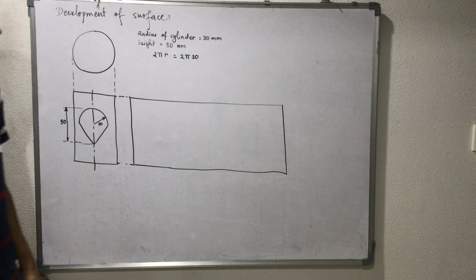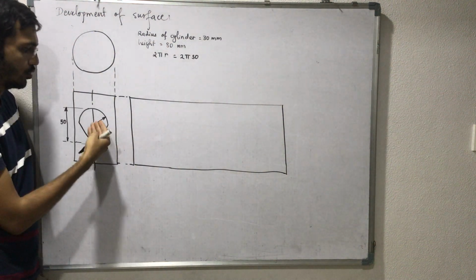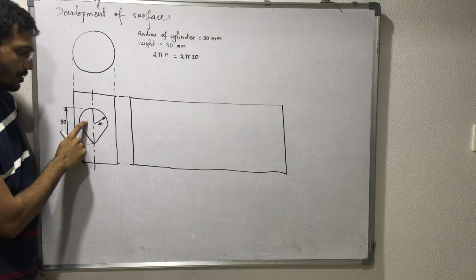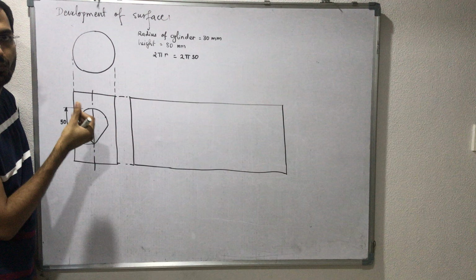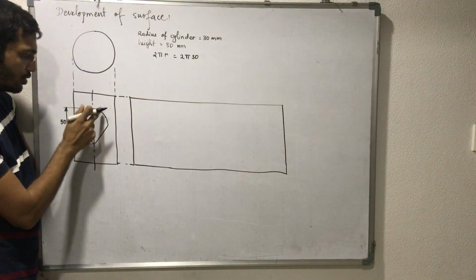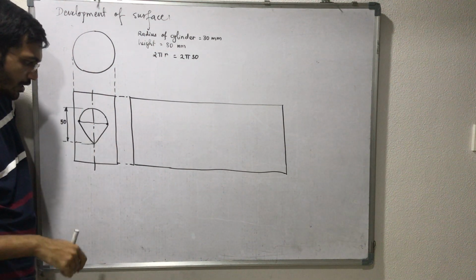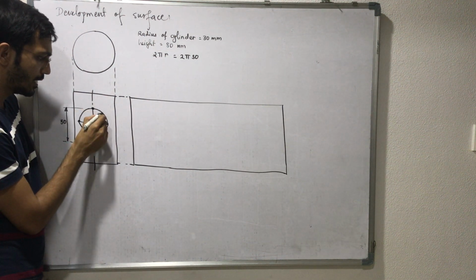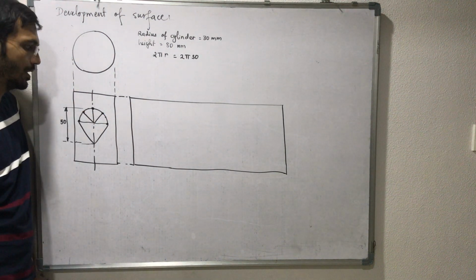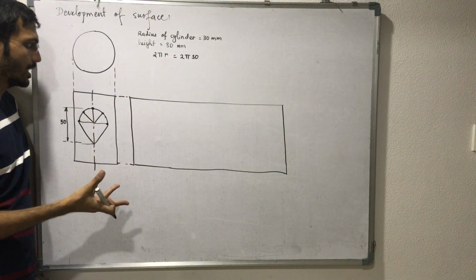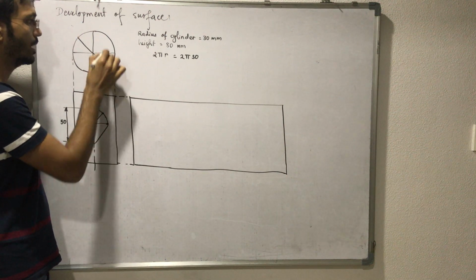Now, here there is no corner in the cylinder, so how to develop this? For a circle, as I told you previously also, we require 8 points for perfect development. Now this one is a half circle, so at least we require the starting and ending point plus one top point, and extra these two 45-degree points in the development. Or the second method we can approach: directly divide this cylinder into 8 parts.